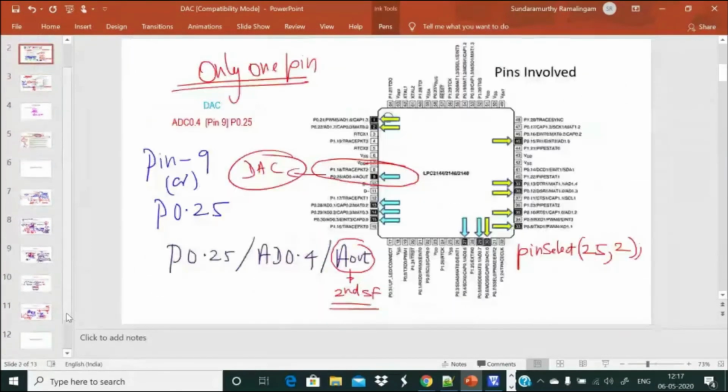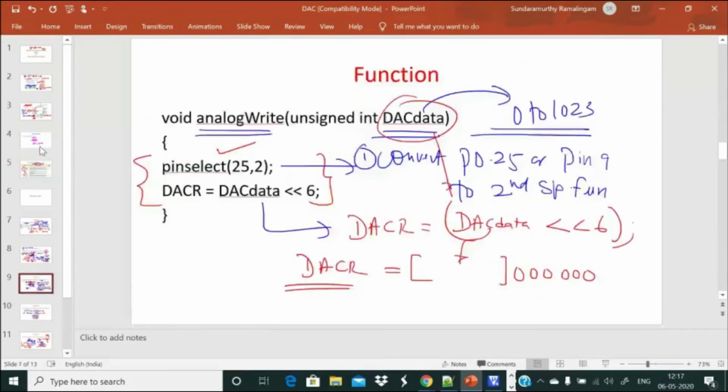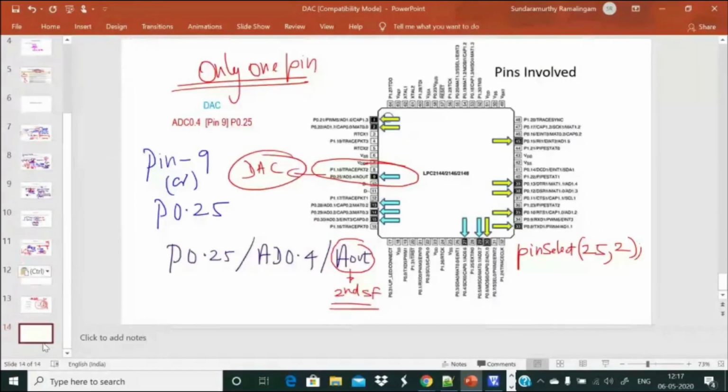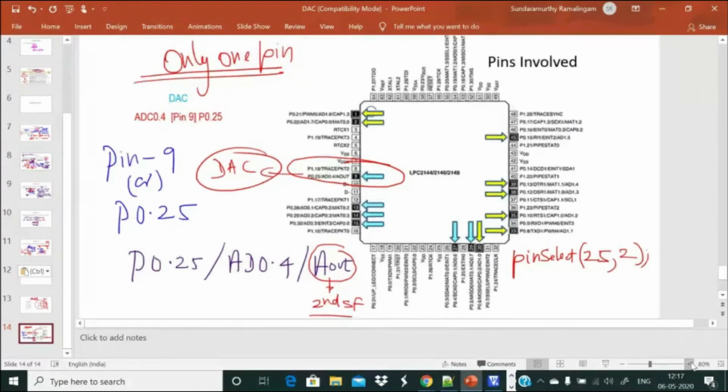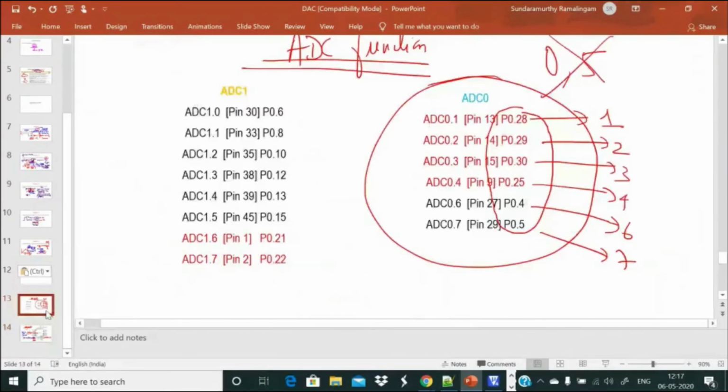I take a copy of the IC and I put it here, so that would give me some rough idea. Now what is my first ADC channel?